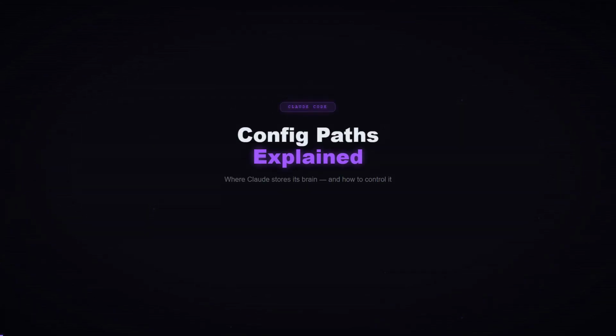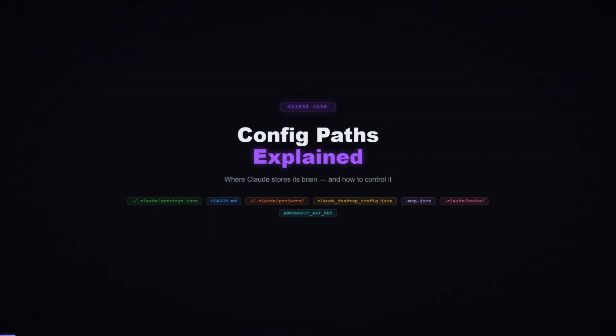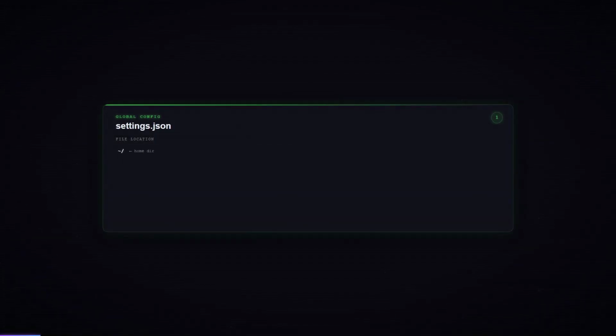Claude Code stores its configuration across several key locations, and understanding them is the difference between fighting your tools and commanding them. In this tutorial, we will walk through 7 essential paths: global settings, project instructions, the memory system, MCP server configuration, project-level MCP overrides, lifecycle hooks, and environment variables. Let us dive in. First, the global settings file at